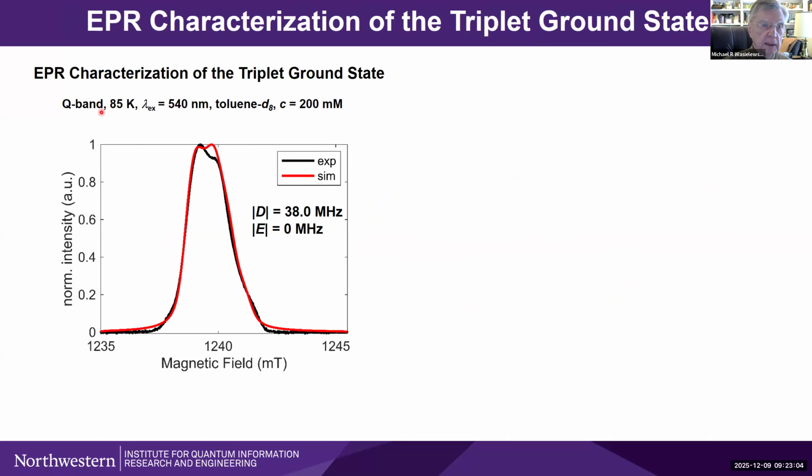Note now we have measured the triplet ground state of this molecule. Once again, this is in deuterated toluene, same concentration, 85 Kelvin Q-band spectrum. You can see that the signal to noise is excellent from this triplet ground state. And note the fact that the zero field splitting now has gone down a bit. It was 44 megahertz before, now it's 38 megahertz. So the geometry of the molecules changed ever so slightly, which is to be expected when you have any kind of structural change, but we can actually exploit that in interesting ways in a minute.